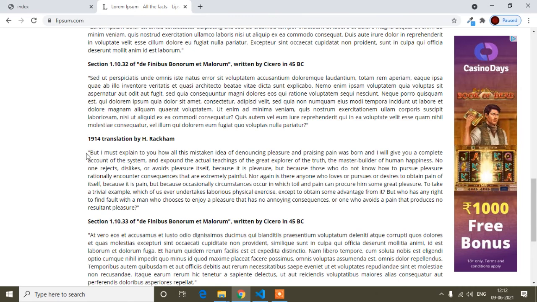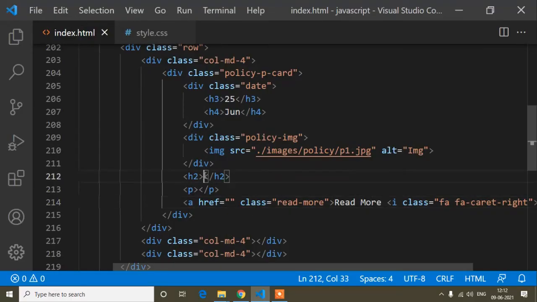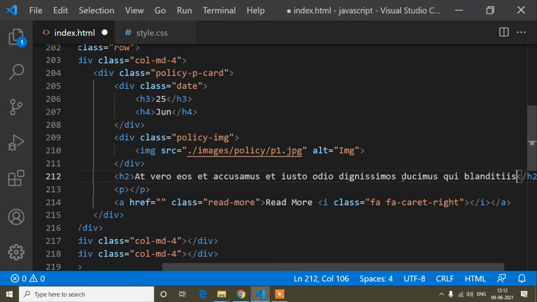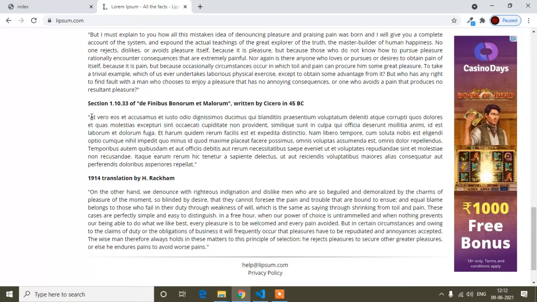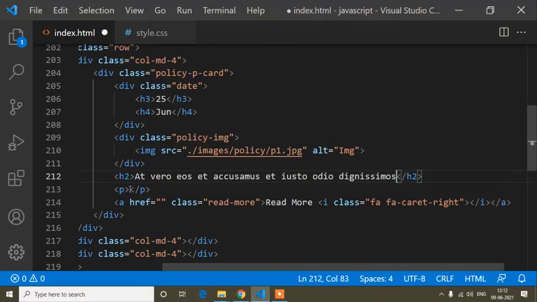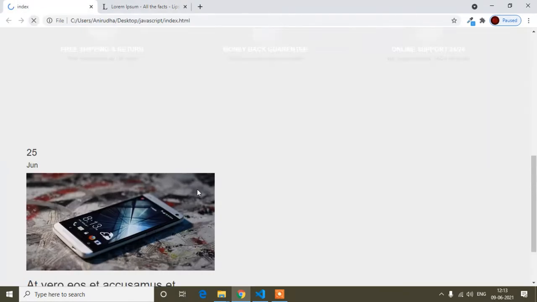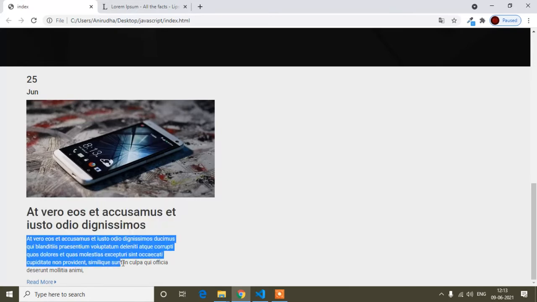And now guys, from here, just for the heading, I will copy some content. Suppose if I copy this content, you can copy any content from the Lorem Ipsum site. So this one will be the heading. This heading is too long, so I will cut this content like this. So this is the heading, and here I will copy some content for the paragraph. I will copy some long text, like these 2 lines, for the paragraph, and paste it here. So this is done. Now if I save and preview, here you can see this is the heading and this is the paragraph. So now I will add some design for this.